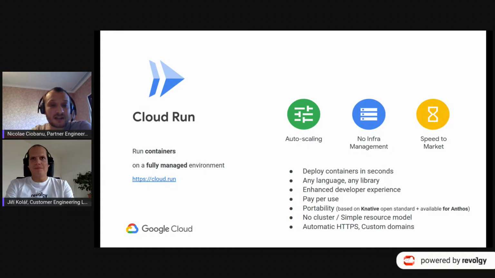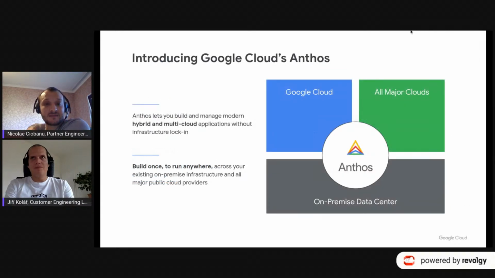And the last one, Jiří, please, on the next slide. It's Anthos. So there are three common trade-offs: security versus agility, reliability versus cost, and portability versus consistency. That keeps IT from giving the business what it wants.